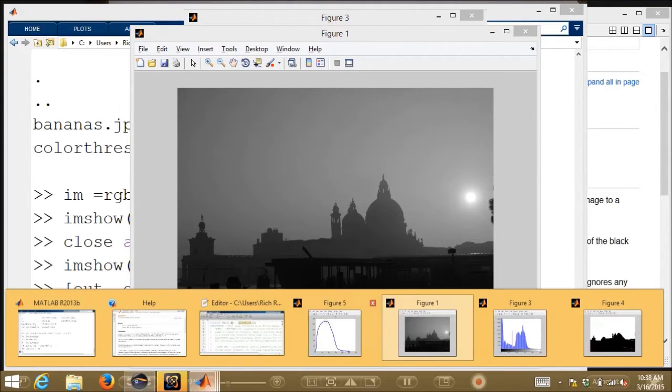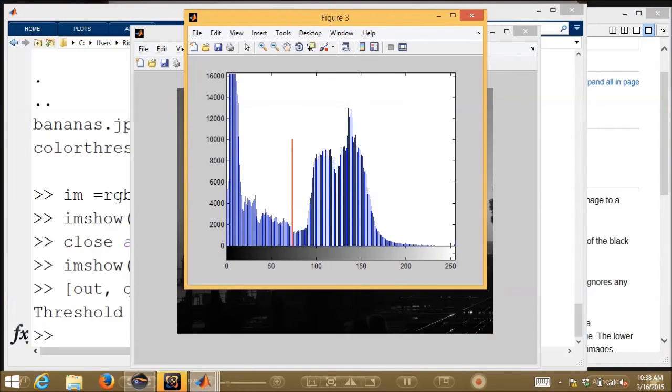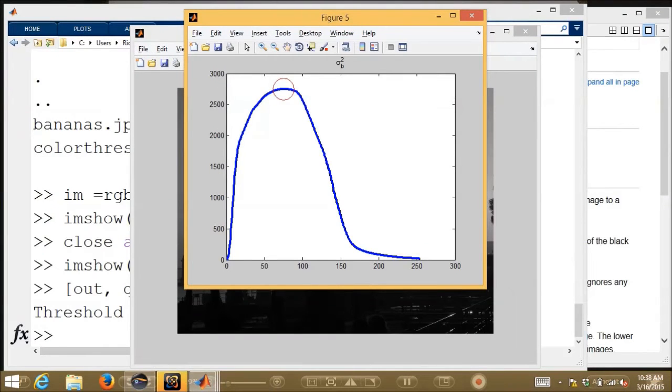Then I looked at the histogram of the image, and you can see the red line is where I decided automatically to put my threshold, and that does not a bad job. On the right-hand side, I've got this nice cluster of stuff. On the left-hand side, there's a nice local dip where the histogram goes down. And what I'm showing in this picture is the plot of the Otsu error, or the Otsu cost function, right? So as a function of possible threshold on the bottom, it plots sigma b squared on the y-axis. And the red circle shows where I had the maximum value, and that's where I drew my threshold. And the result of doing that is